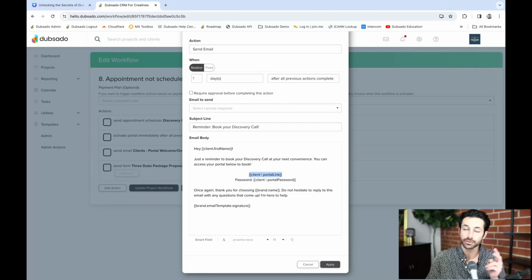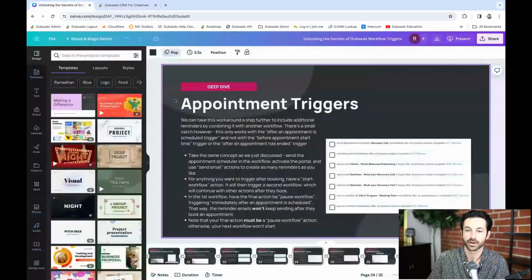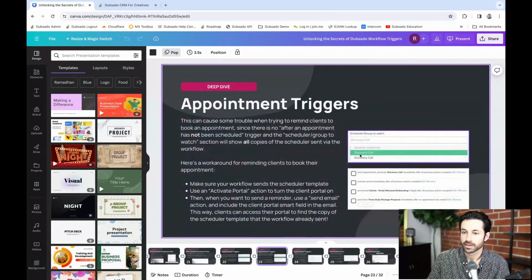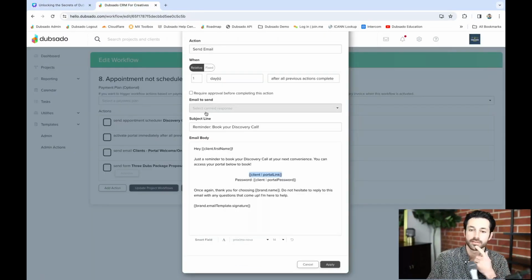If I did 2 send appointment scheduler actions, when I go to set up which scheduler to watch, there would be 2 options there. And you might have seen that back over here, right? If I go back to this last slide, you can see how there's 2 different discovery calls right there. It's because I've sent it twice. It's applied 2 copies there. So if I go back here, the client portal is our workaround because as long as you've applied that,